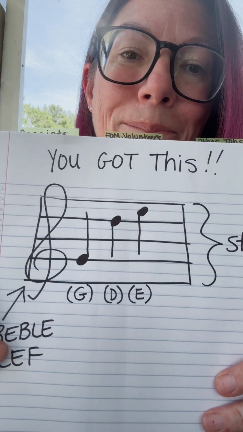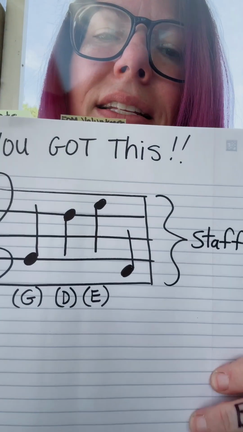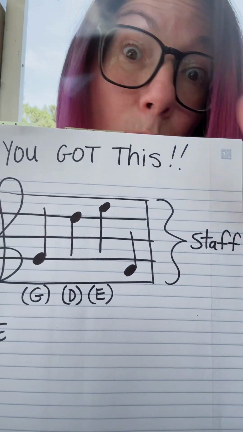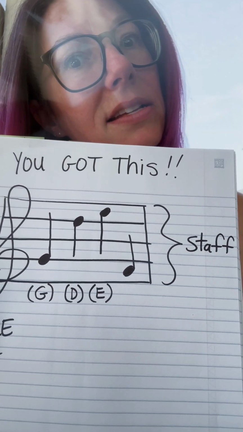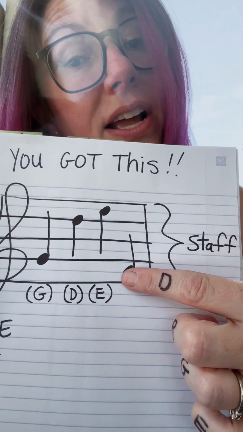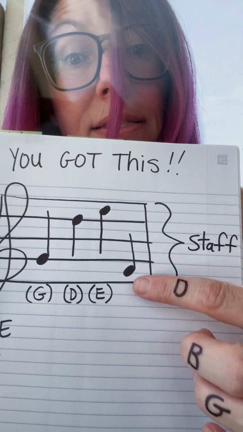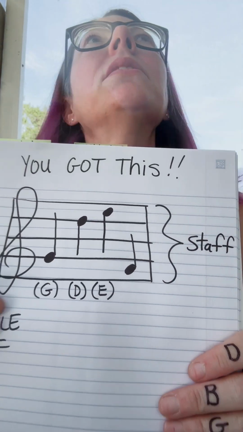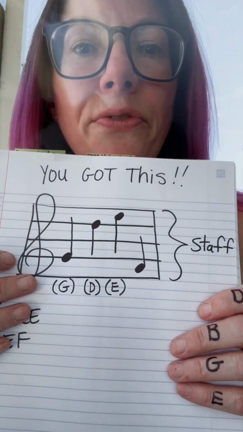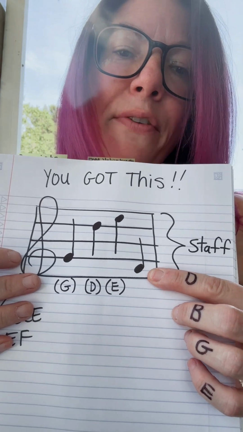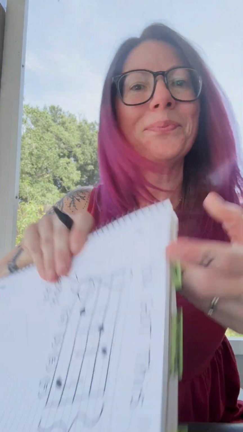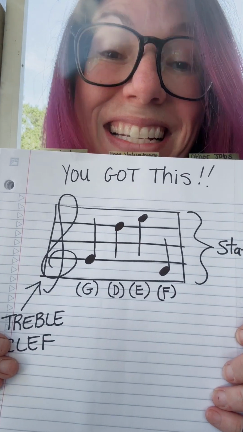And I know you said one more, so we're going to try one more. All right, let's go with this one here. Take a look at this one. Step 1, is it a line or a space? There's no line running through that head, so it's got to be a space. The first space, and that's the word face, starts with an F, so I know that that is F. You got it?